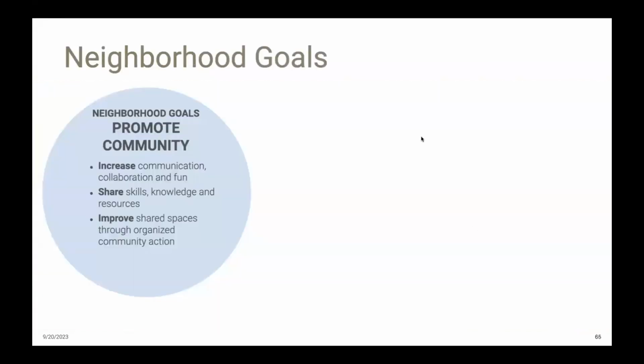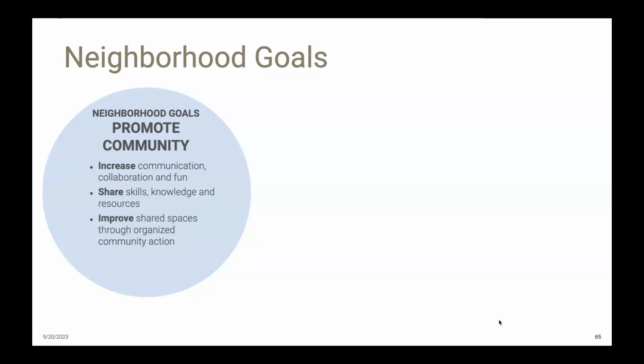The partnership between the neighborhood and the project team grew out of, I would say, an intersection of goals and overlapping goals. The neighborhood, that was organized by a handful of community-minded neighbors, sought to use this opportunity of the eco-block to promote community. They want to increase communication, collaboration, and have block-wide fun as a way to break down isolation between neighbors. They want to encourage skill sharing and peer education around all manner of neighborhood-related issues, and they want to improve their shared environment.